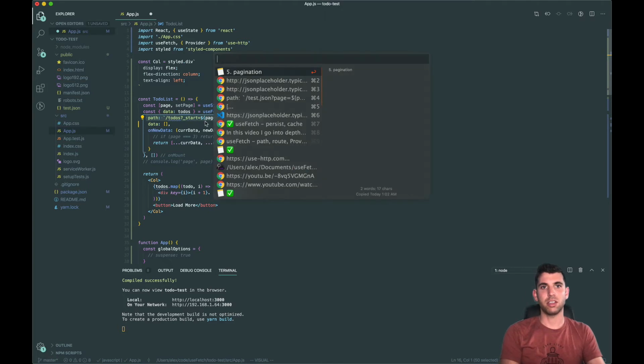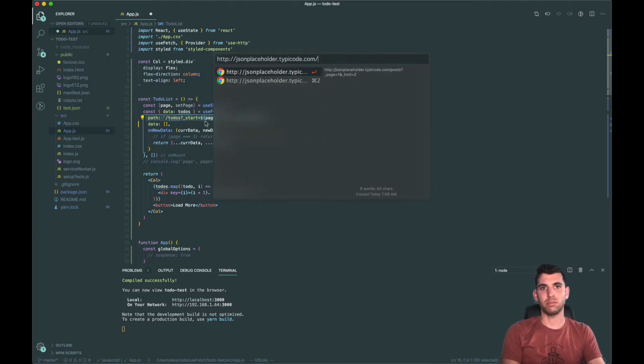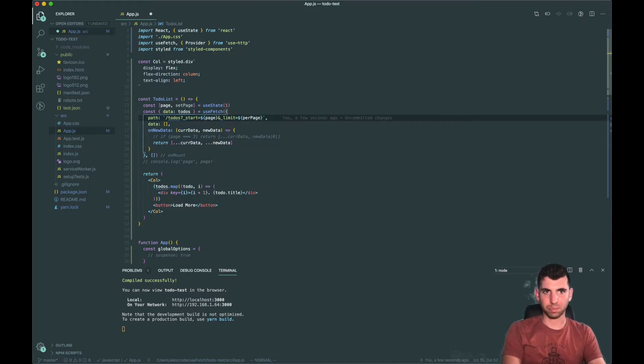So if we have jsonplaceholder.com/todos, this part, the todos, is going to be the path. And let's just go ahead and console log page, and let's make it so that if we want to load more,